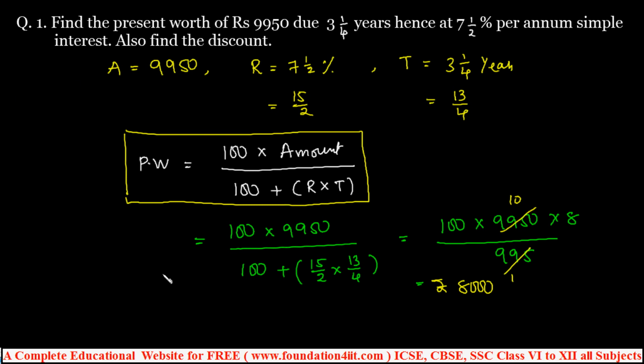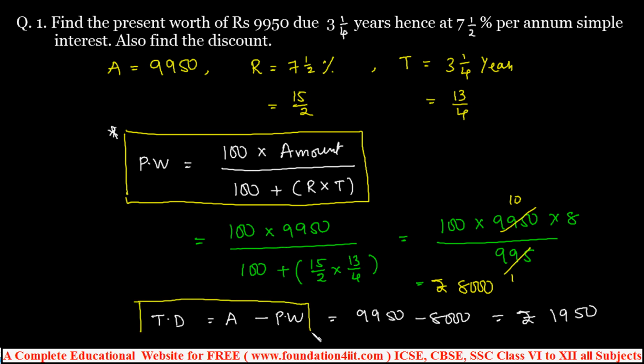Also they asked to find the true discount, and find the discount. So true discount is nothing but amount minus present worth. Generally in the simple interest formula, interest is equal to amount minus principal, right? Here true discount is amount minus present worth. Amount is 9,950 minus present worth 8,000. So rupees 1,950 is the true discount or the discount value, right? If you can remember the formulas, then the problems will be easy. Here one formula is applied, and one more is true discount is equal to amount minus present worth. These two were applied for this. Let us see a few more problems to see how the questions will come.